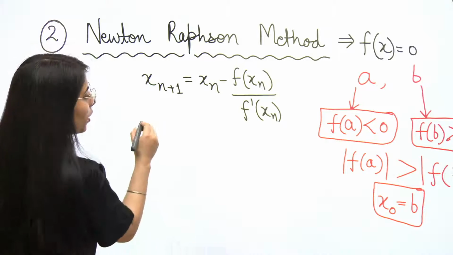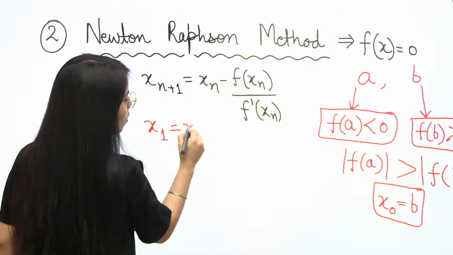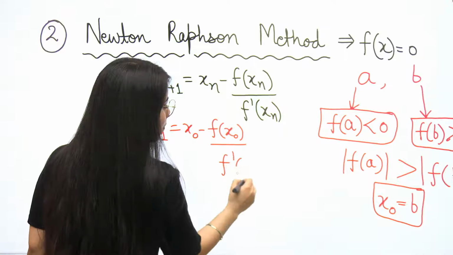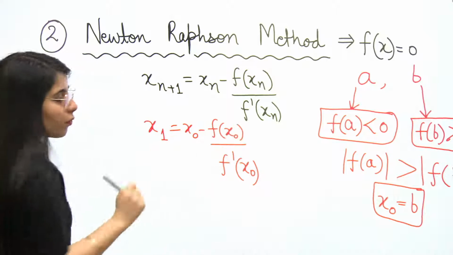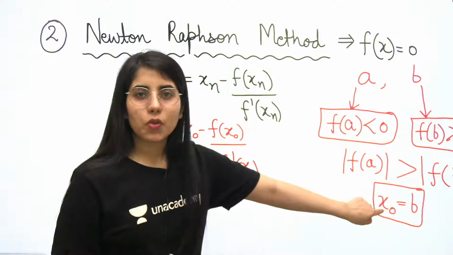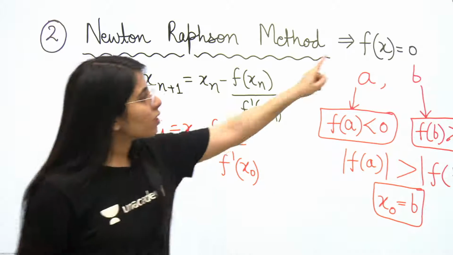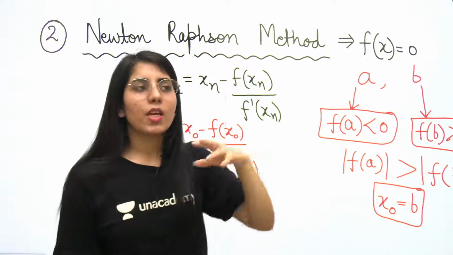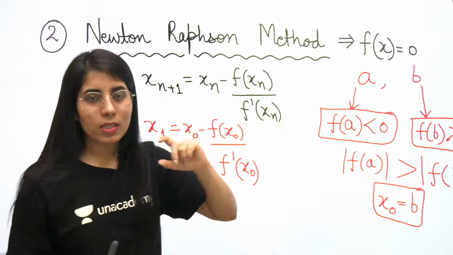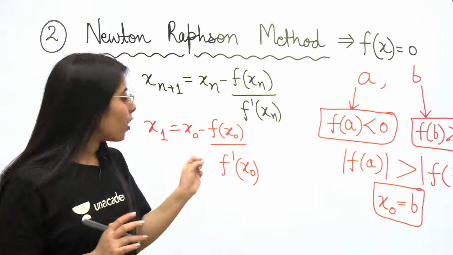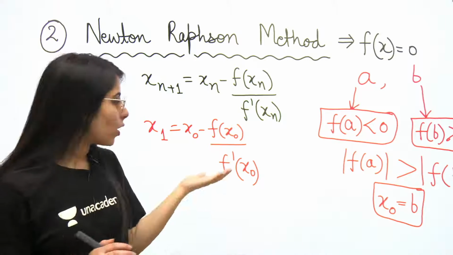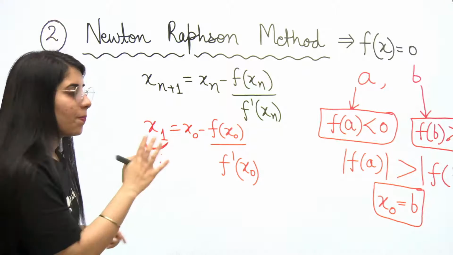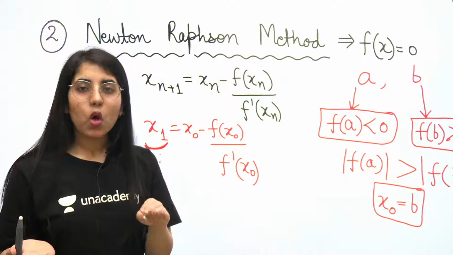Here we have x1 is equal to x naught minus f(x naught) upon f dash x naught. Clear? What are x naught, f(x naught) and f dash x naught? Whatever initial guess value you have got, just put that value in the function's expression. So you will get f(x naught). If you find its first order derivative, that is, differentiate it with respect to x, you get the first order derivative. Now you need to find its value at x equal to x naught, and this is how you get the next value x1, the next iteration value or the next guess value.